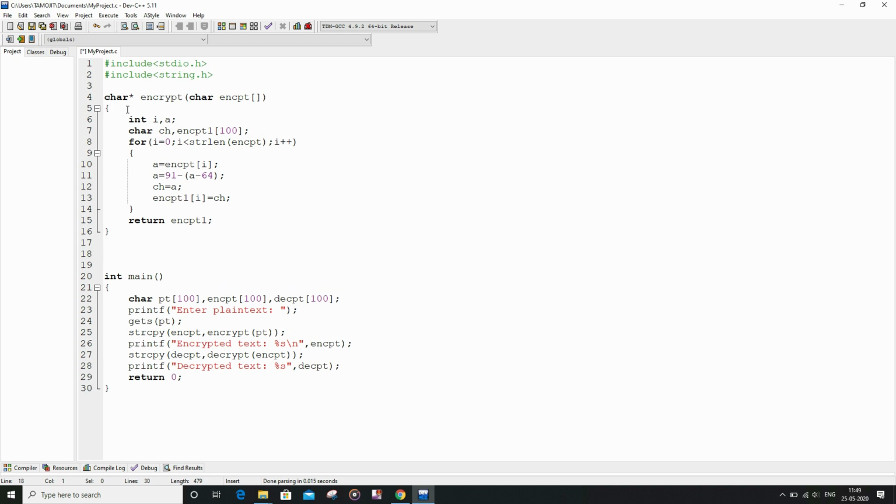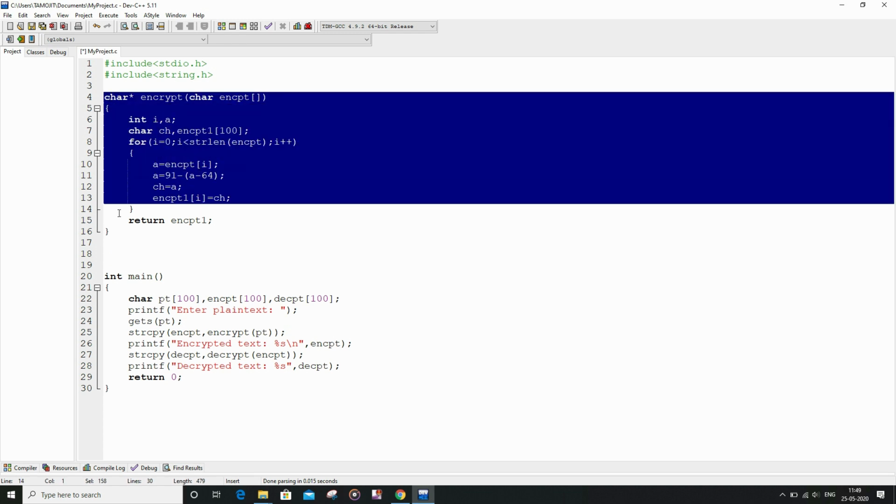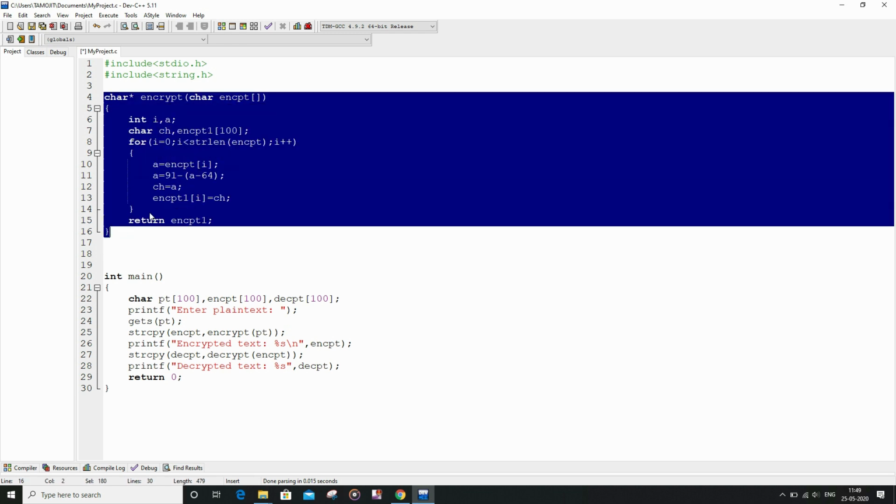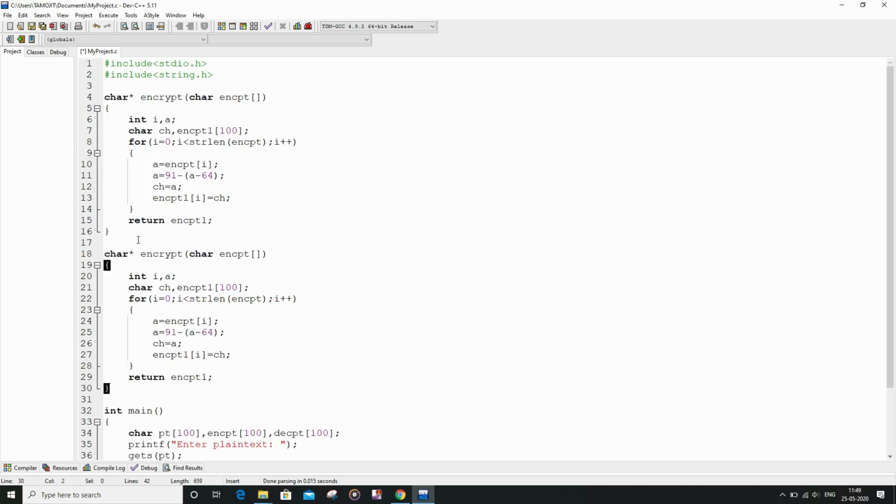So basically the code for the decrypt function is similar. So I am going to copy and then paste, and we are going to do some manipulations and changes.